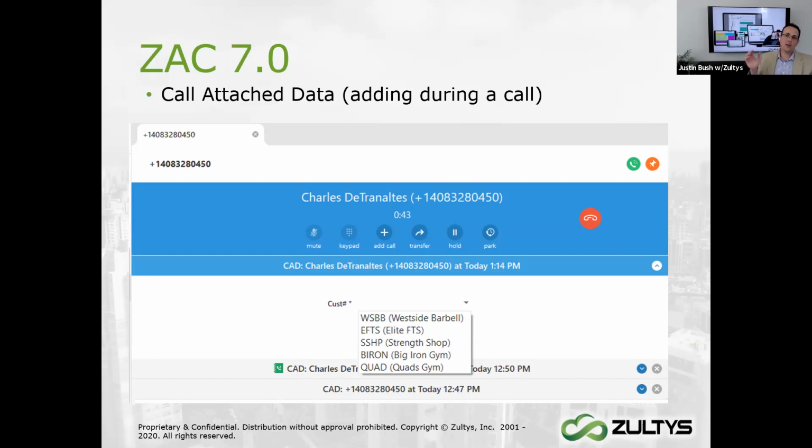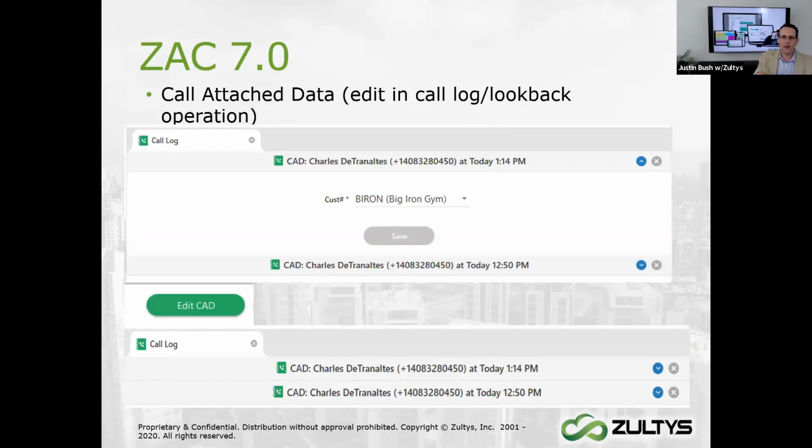But you know, you can take that a step further, as Charles will show you. You can edit the call attached data afterward. And really the important part is now I can create analytics on it. So I can report on call attached data. This is just such a huge feature. I get passionate about it because you can really sell a lot of different applications using that CAD, and it's something that's included. I'm really excited to see it move from Mixie over to ZAC